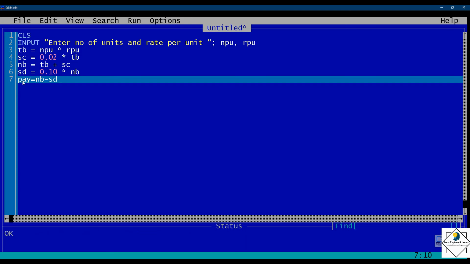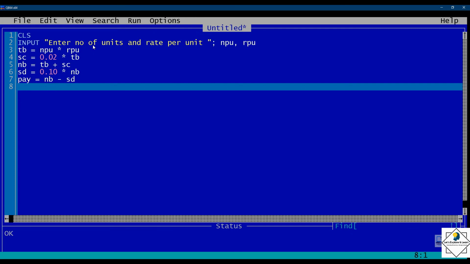Whichever variable name you take, you have to use the same variable name in the entire program, okay. So you cannot change the variable. And remember that the variable names are case sensitive, okay. Although QBasic is not case sensitive, so the commands you can write in uppercase or lowercase, but the variables that you are using are case sensitive. So if you are using a variable name in small letter, you have to use the same variable in small letter in the entire program, okay.